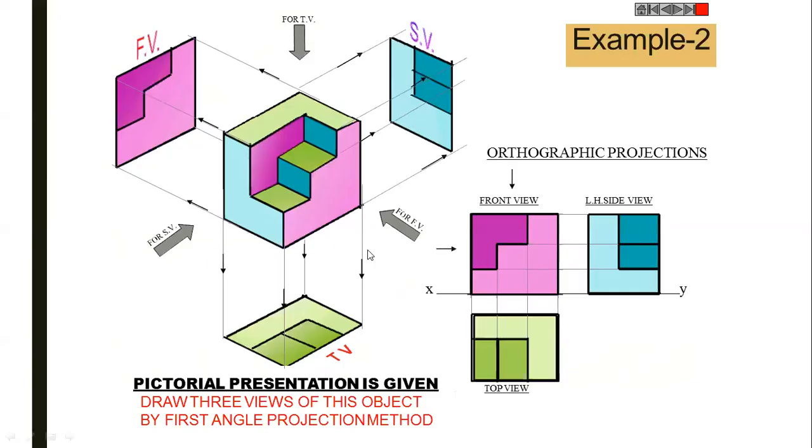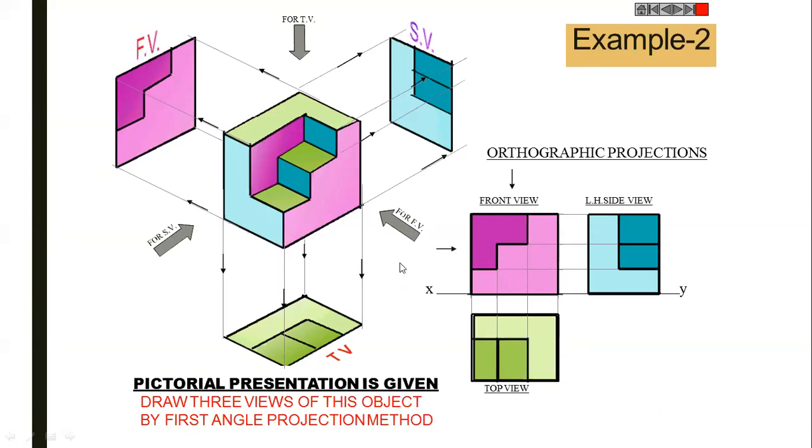Okay, now for the front view, only this portion is visible, which is pink, and this dark pink portion is also visible. Why are these portions not visible? Because they are parallel to the observer. So the projection from the observer's eye will not see this because it is parallel. Okay, this portion is also parallel, hence it is also not visible. Only these pink and dark pink portions are visible. So this will be your front view. Okay, the same dimensions are over here. So this will give you the front view.